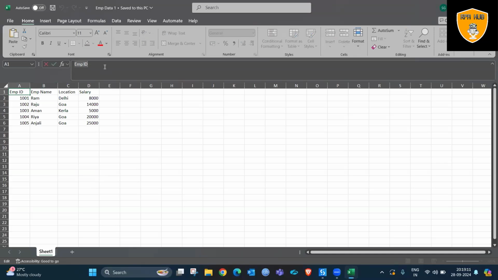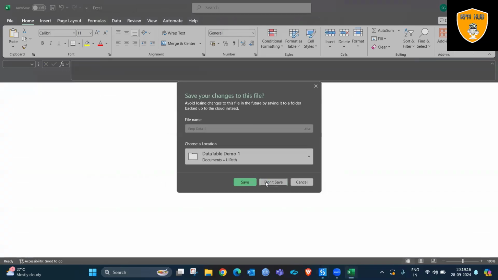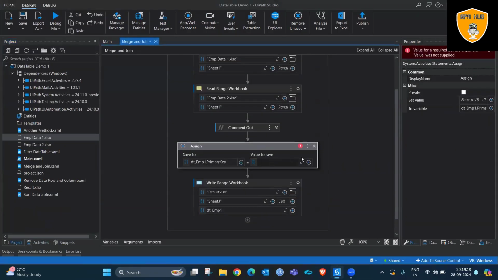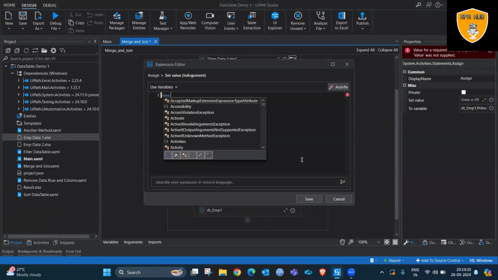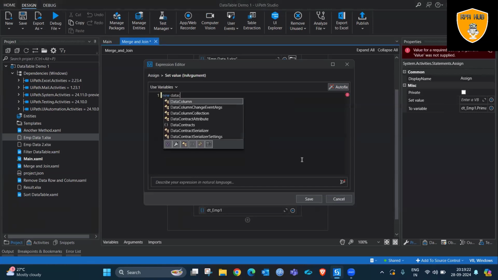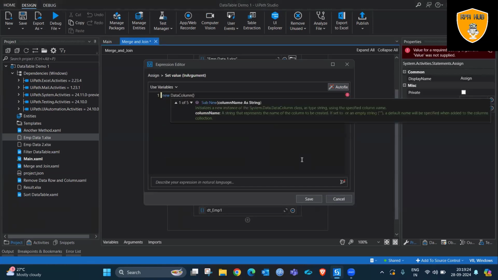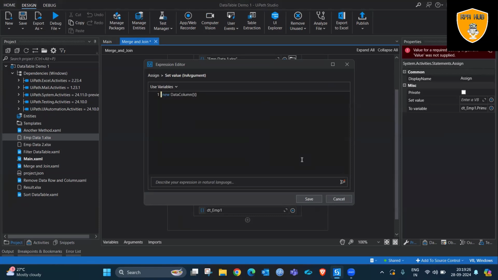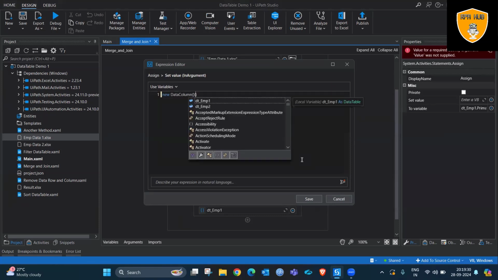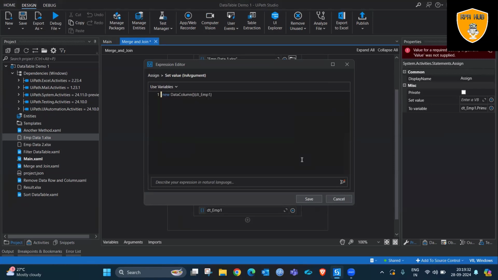So my employee ID will become my primary key, which is unique for me. Here we have to build the logic and accordingly we'll get the result. So right now I'm typing a new data table column, that is functions. We'll use dt_employee1.Columns,